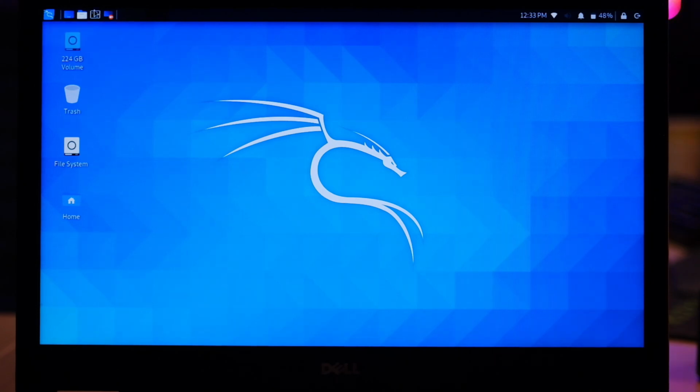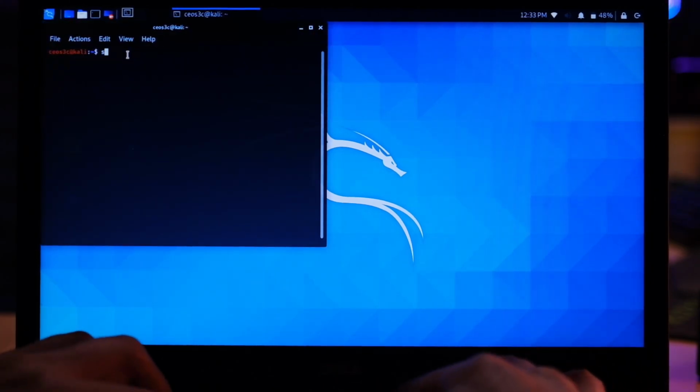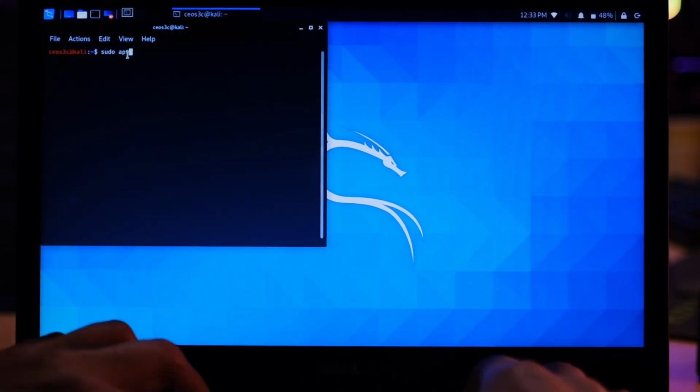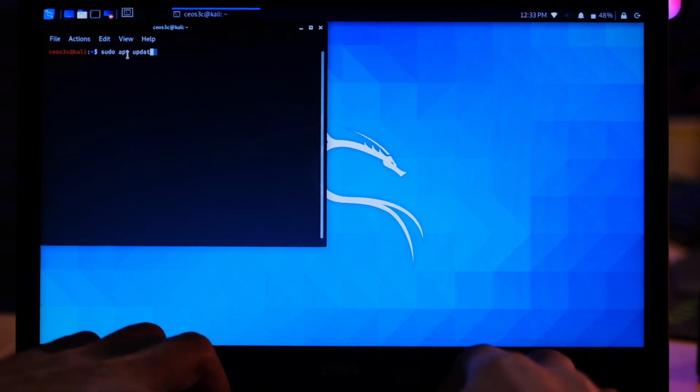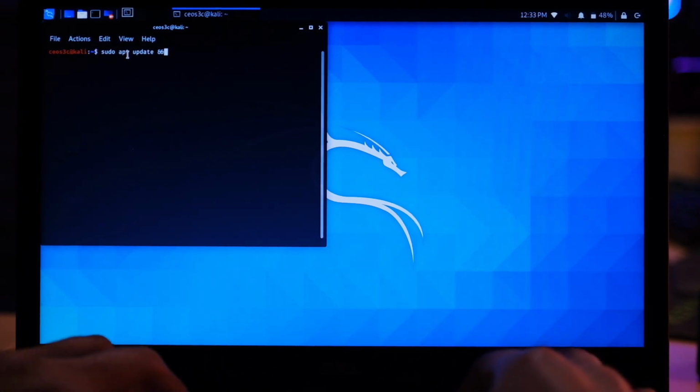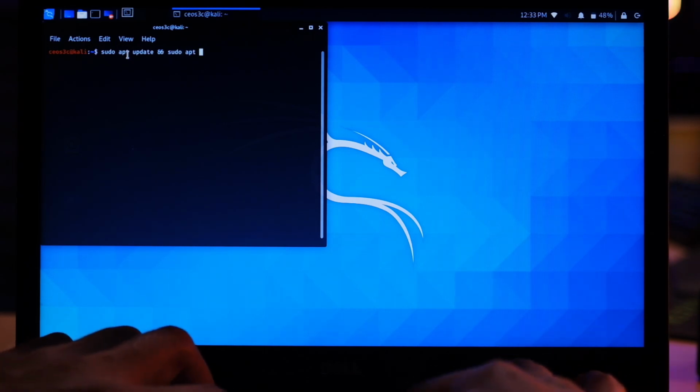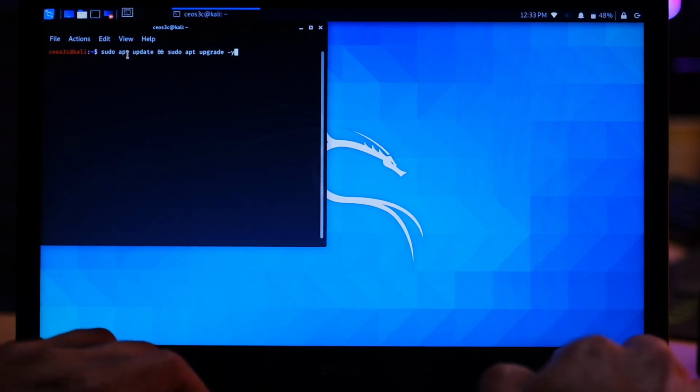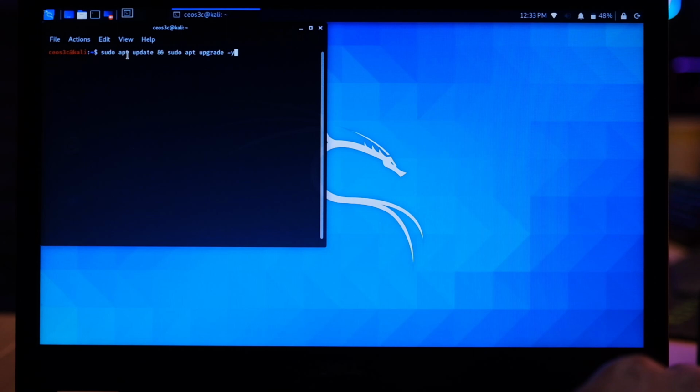The first thing I recommend you to do is to run sudo apt update && sudo apt upgrade -y. This will update and upgrade your system. If you want to continue